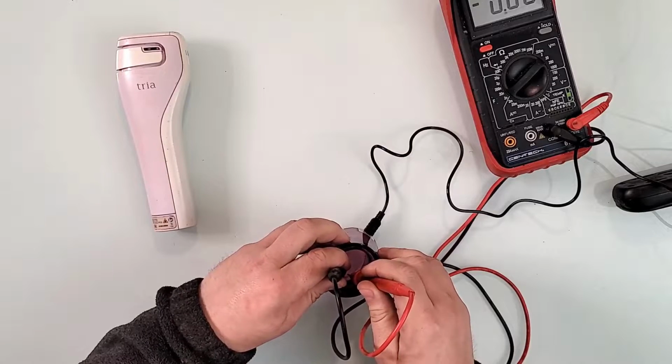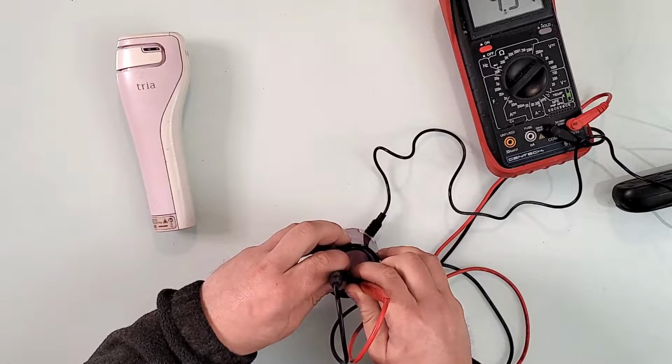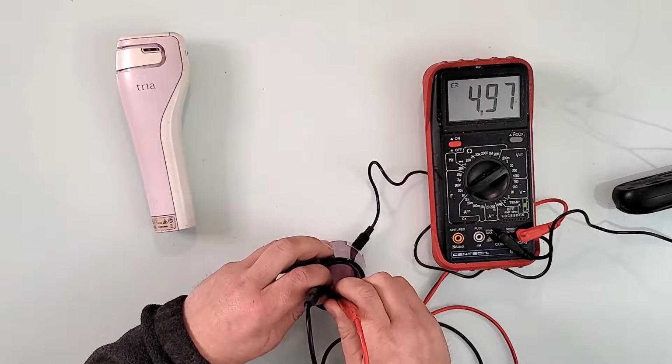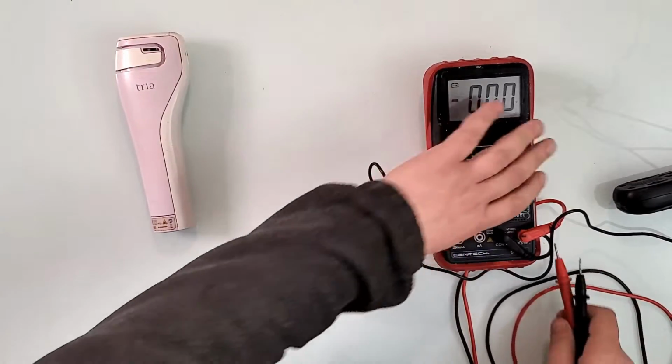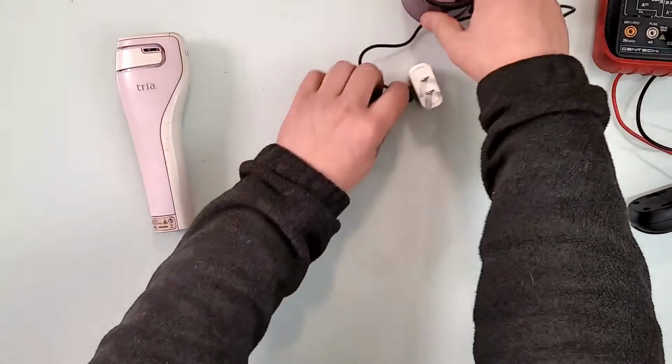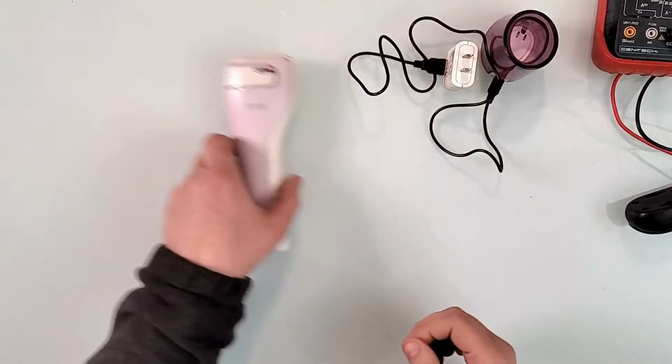Let me see. So we got power. 490. Yep, that's the power we're... Oh, so you guys don't see anything? Good. Yep, we have power. So the charger is working. The base is good to go. Let's put this out. Okay, so now we are good on the base charger itself, but we have to check